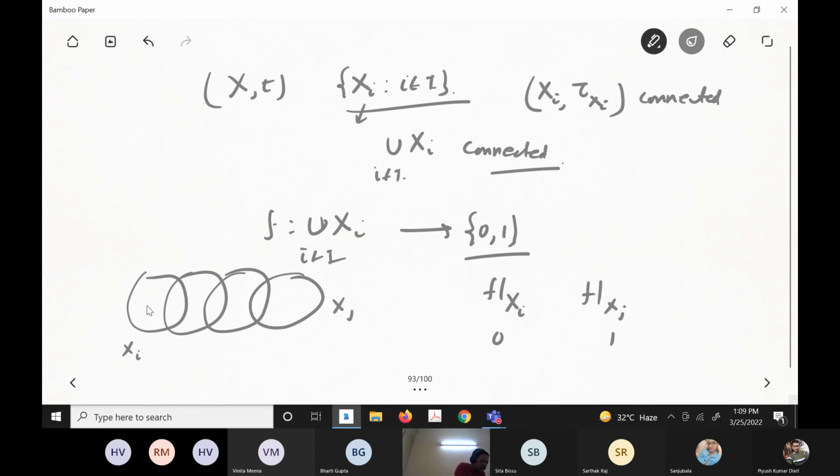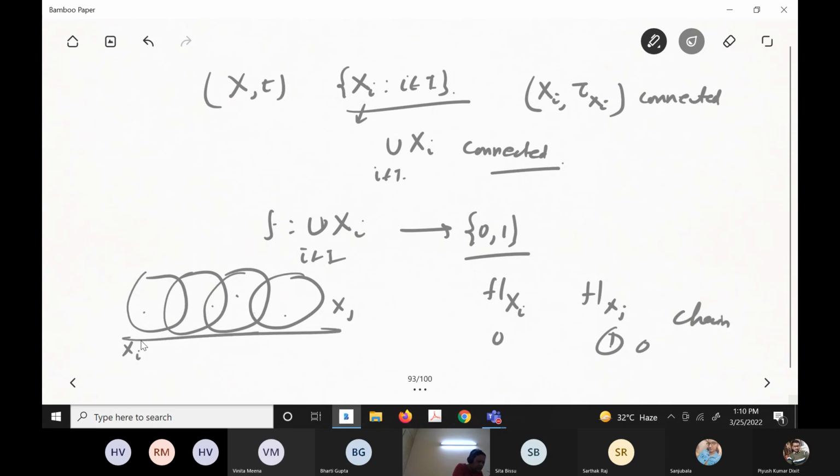Now look, if you have everything 0 here, then here it is also 0, including this part. That means this will be 0 here because all of them are constant. Similarly, it will be 0 here. So you don't have this possibility. You'll have to argue the chain: if it is 0 here, it has to be 0 here because it's a chain.